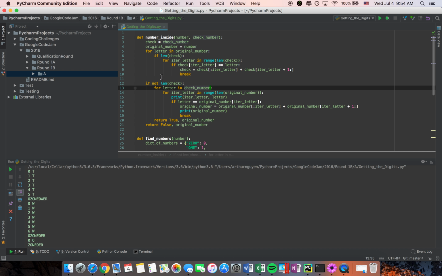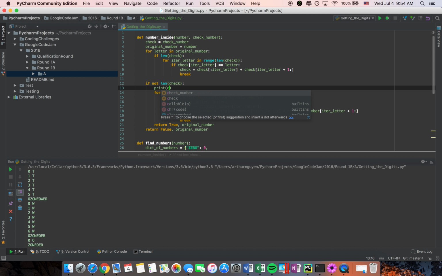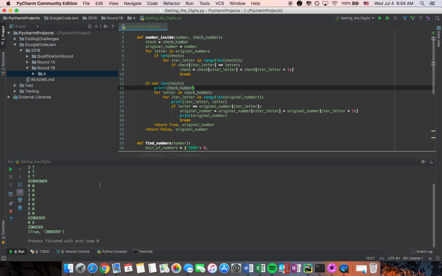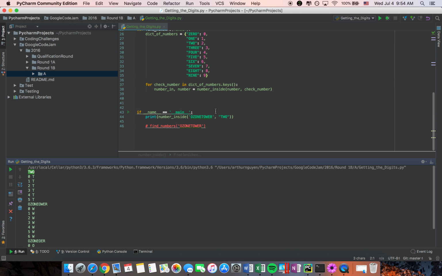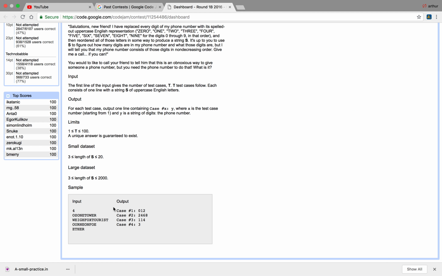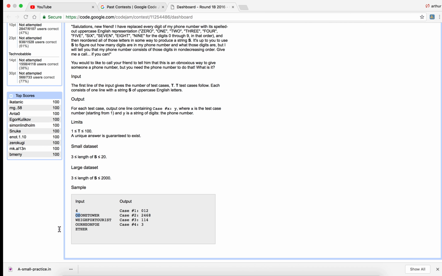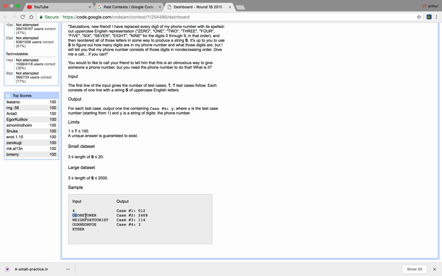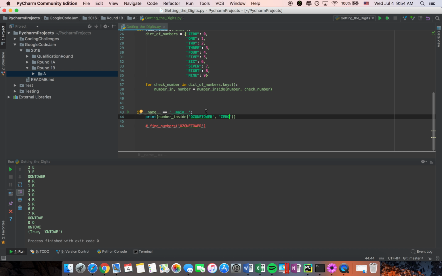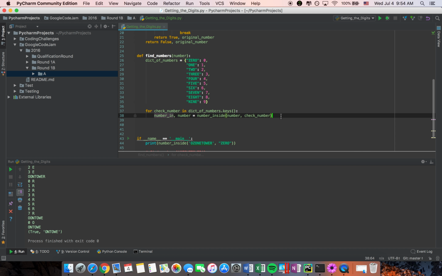Let's see. If not length of check for letter and check number, let's just print check number real quick to see. 2. Oh, I changed it to 2. Okay. Zero would be ON, TOW, ONTOWE. Okay, I believe that will be right. Okay, and now the number, so